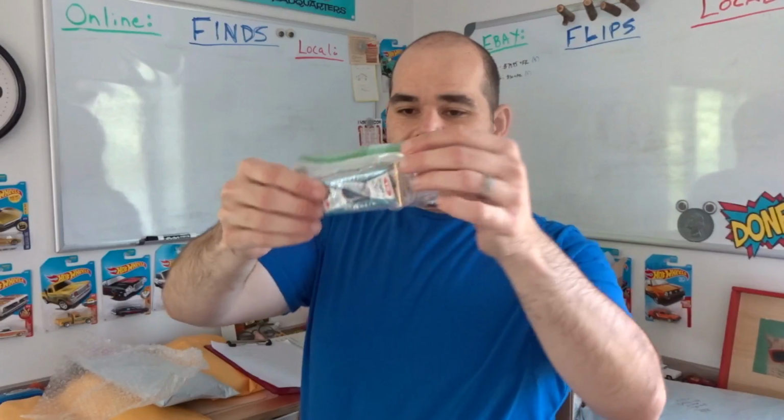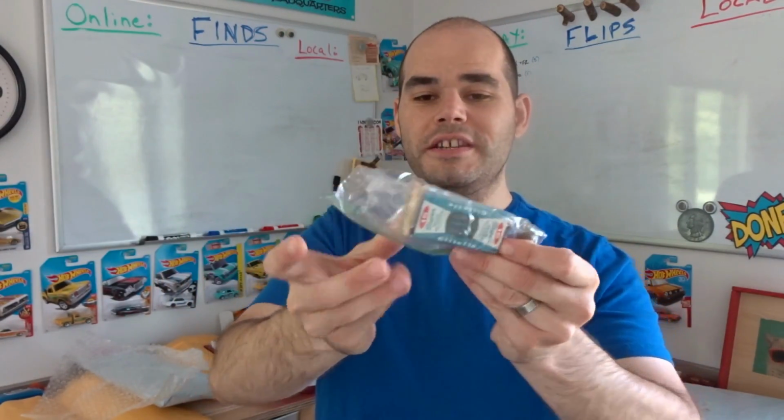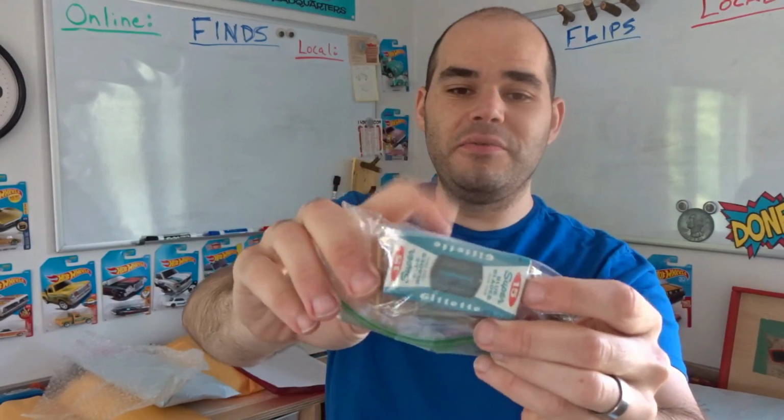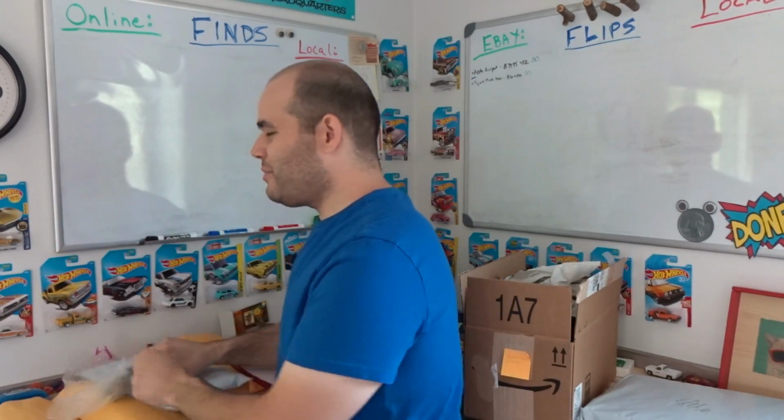So this is a set of vintage single blade razors from Gillette. One's in really nice condition and one is not so great, needs to be cleaned up. It also has the little metal tin of old razors. I got these at a garage sale. I actually bought them for myself. I'm not a big fan of shaving, but I thought it'd be kind of cool to try out some of these old school